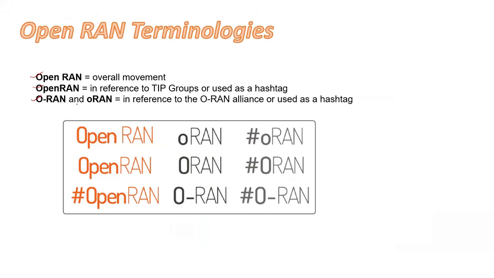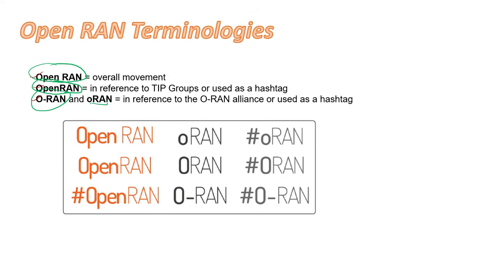So the first one is Open RAN with a space. This is the movement in wireless telecommunication. The main purpose here is to disaggregate hardware and software and to create open interfaces between them. The second one is OpenRAN without a space. This could mean two different things. Number one, it could refer to the TIP group, which is the Telecom Infra Project group. And number two, OpenRAN can be used as a hashtag on social media sites like Twitter, LinkedIn, Facebook, etc. And the third one is